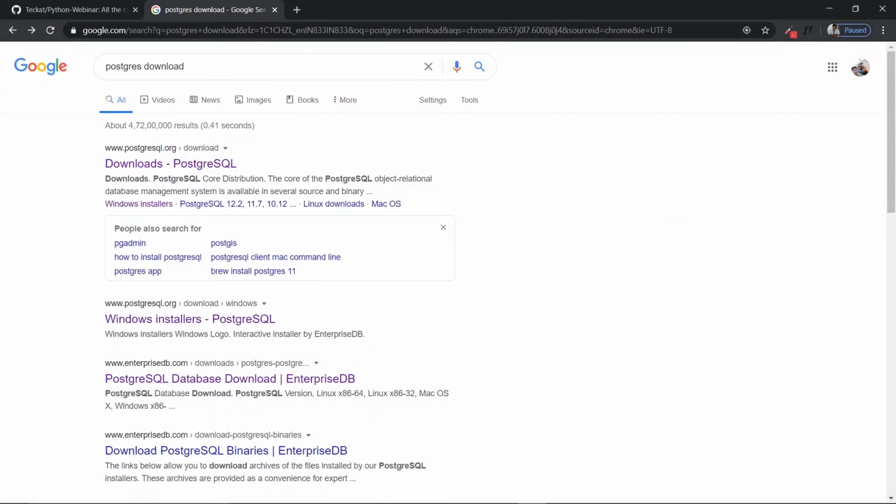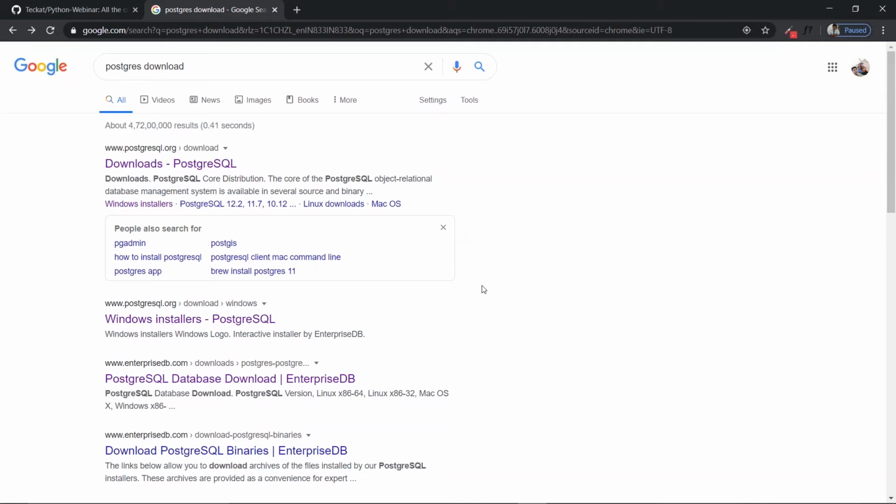Then after doing this, while installing Postgres, you will be asked for the path location. You can provide it as it is, or you can choose your own path location. That is up to you. Then you need to go for the user ID and password. Let the user ID be the same, but the password you create, you need to note down, because if you forget that password, you will not be able to access your Postgres, and you need to uninstall and reinstall Postgres, and you will lose your previous data. So this is important.